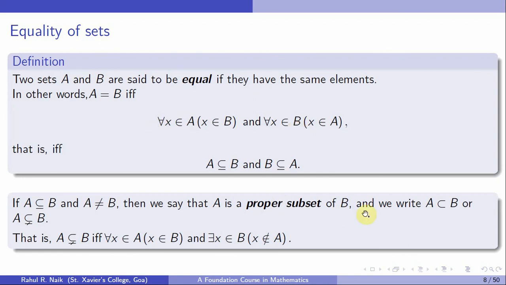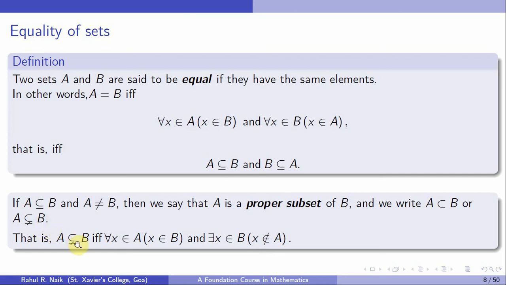This is the notation we use, simply a C with a line below it struck off, which most books use as the standard notation for a proper subset. To avoid confusion, you just strike off that line, not the whole thing. If you strike off the whole thing, then it's the same as saying A is not a subset of B.